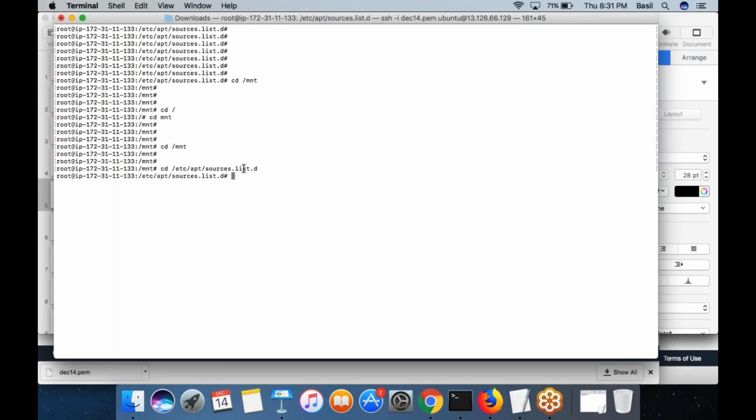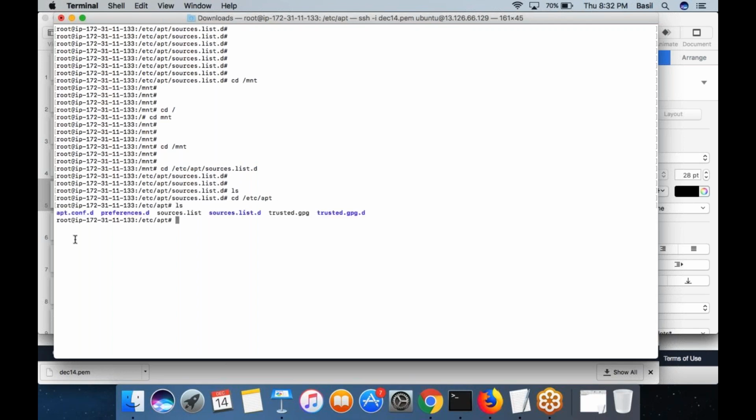So you got the hierarchy, right? I'm going slow because I want to make sure that you got it. It's actually nothing but like Windows, right? You need to specify the absolute path starting from the slash if you want to refer to any folder which is outside your current folder. But let me go to a different folder, etc apt. Inside there I have a number of folders. If I want to go to preferences.d, I can simply type cd preferences.d because I am already inside the apt folder inside etc. That will take me to this folder.